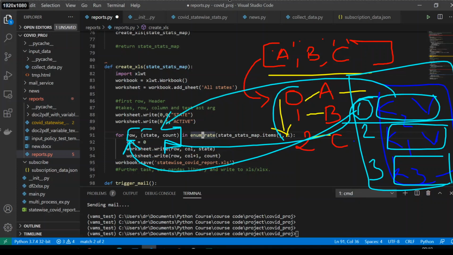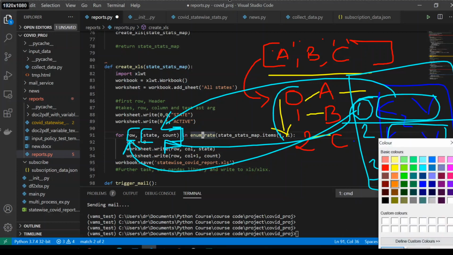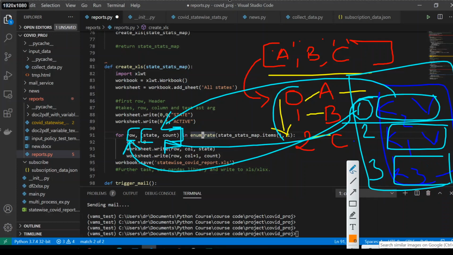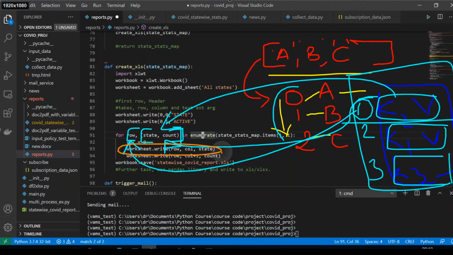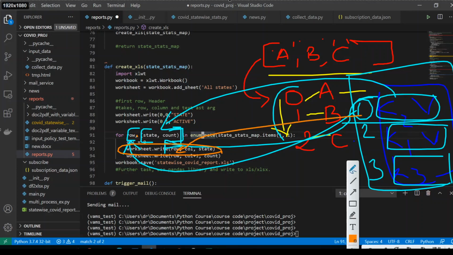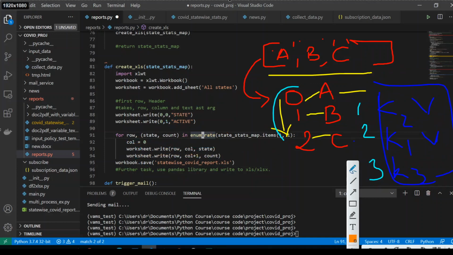So I'm keeping this in a tuple, so that we know it's a different element. Then I'm going inside that particular worksheet.write, and this number I'm using it here. So now we know the reason why we are using enumeration here. In order to get the number, this is the logic.